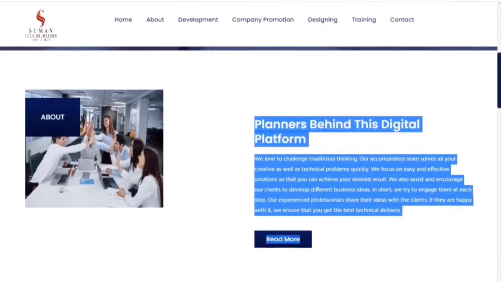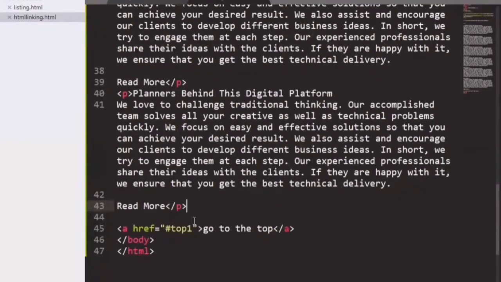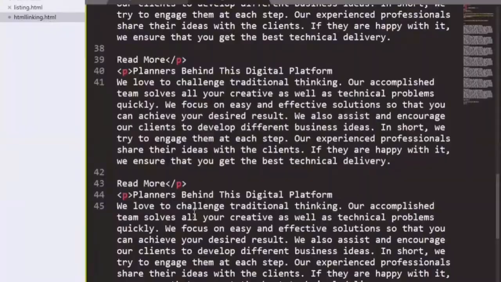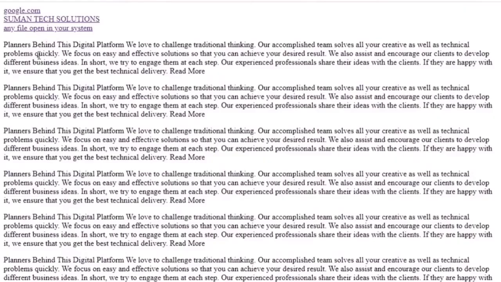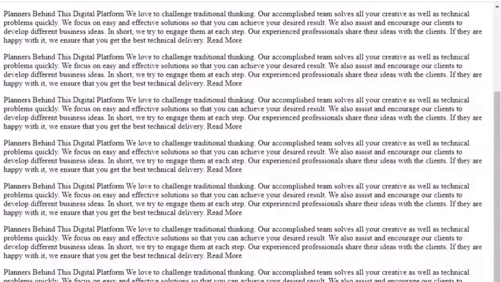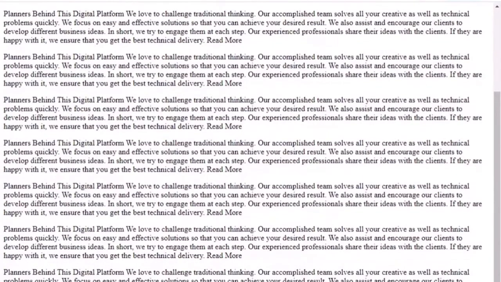save the file, go to the browser again. We will close the file from here and refresh here. You can see these tags over here. Now this is also not sufficient, so we will copy and paste it another maximum number of times so that our page could scroll. Save the file and you can see that the page has been scrolled. And now if we go to the last,